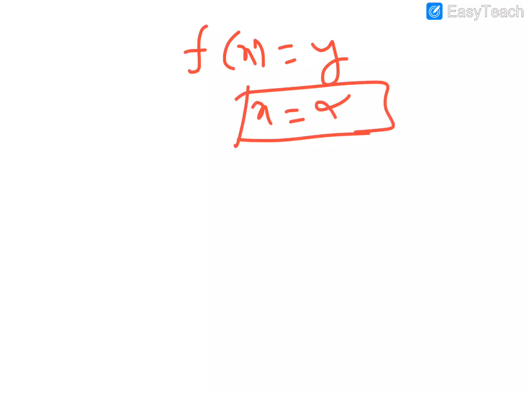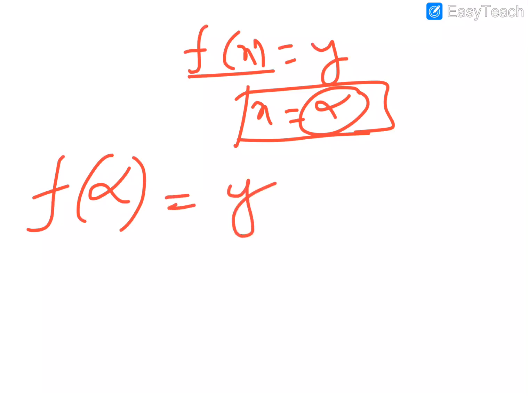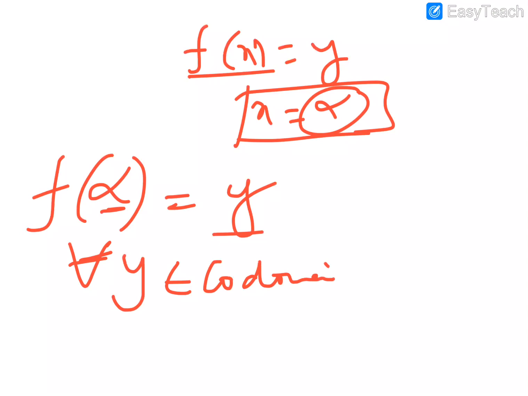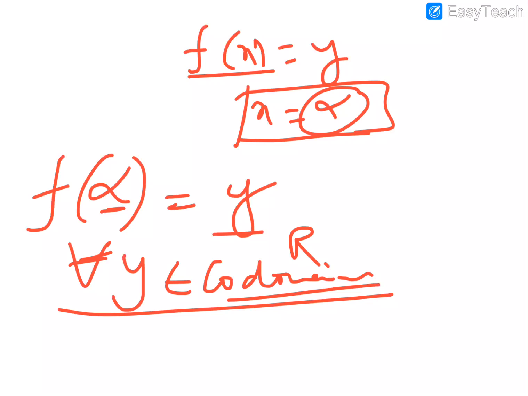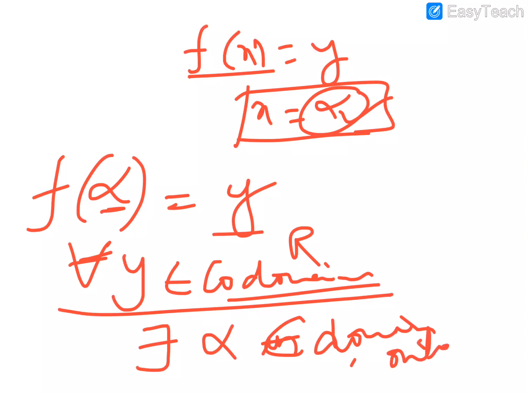So this is the step. First, whatever is given, f of x is equal to y, we find out the value of x, something will come. This x value we will again substitute in the same function, and automatically y will come. So whatever value is coming, we will write: for all y belongs to codomain, whatever the codomain of the given function is, it may be R, it may be anything, there exists alpha, that is the x value, in the domain. Therefore it is onto, we will write this way. So this is how we prove onto.